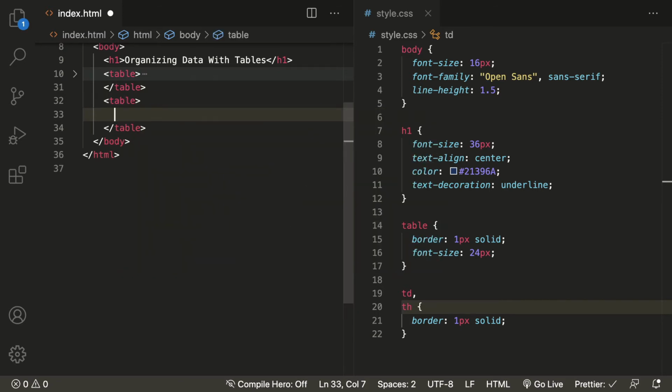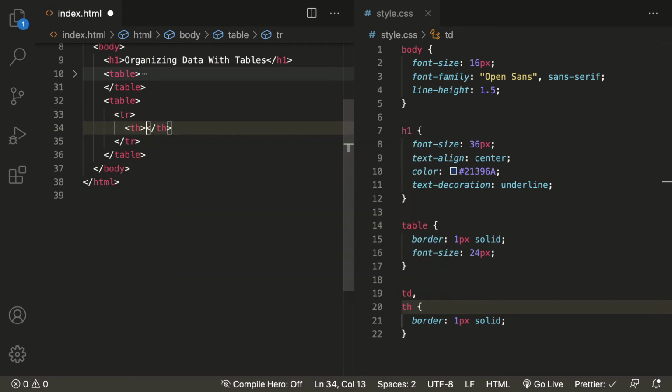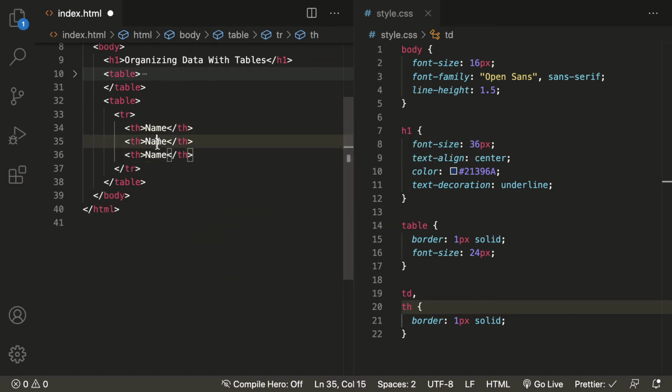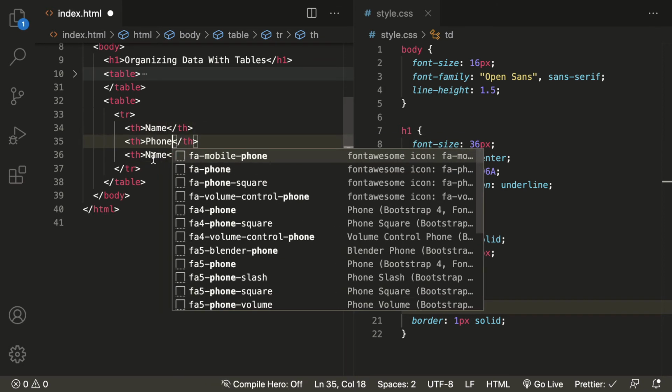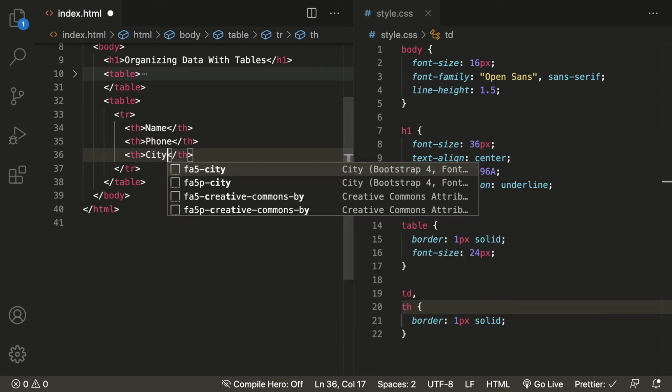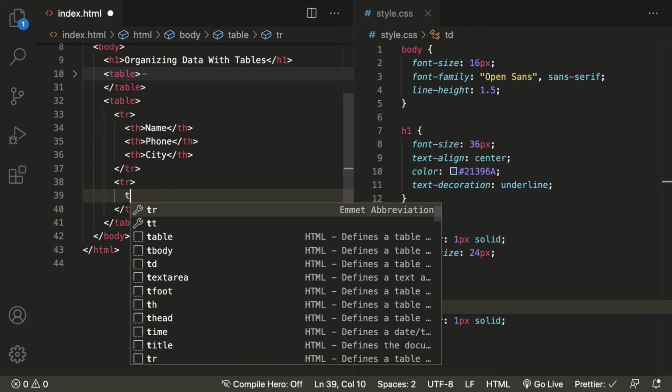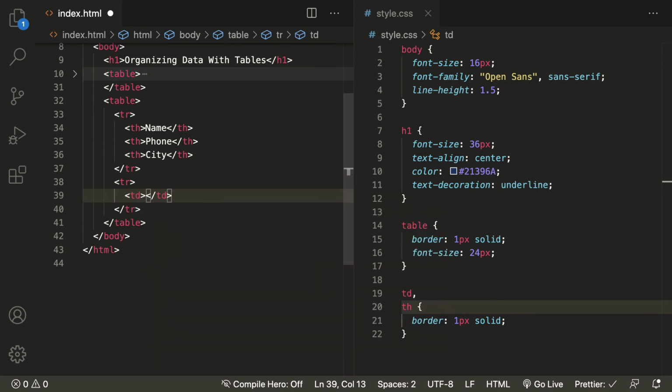And inside the table, the very first thing we will take is tr and then th for the table heading, and here we'll say name. We need 3 columns, say phone and city. Then another tr, this time we'll use td for the table data or table cells.